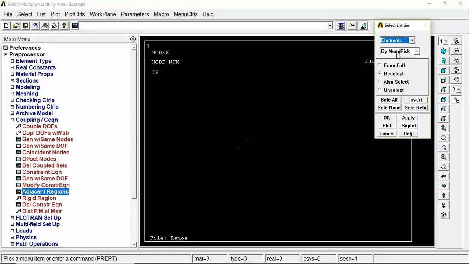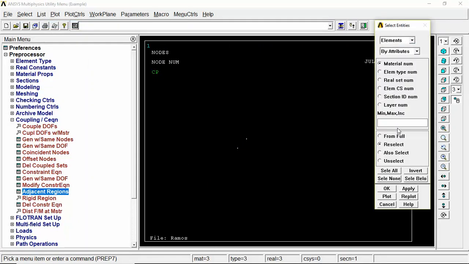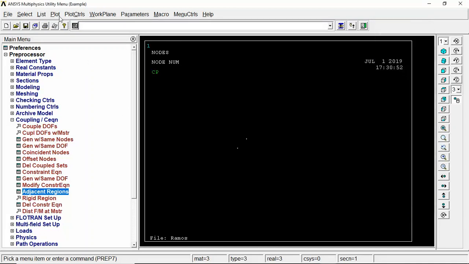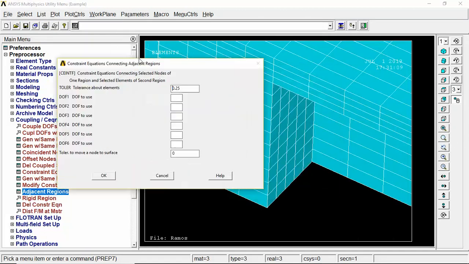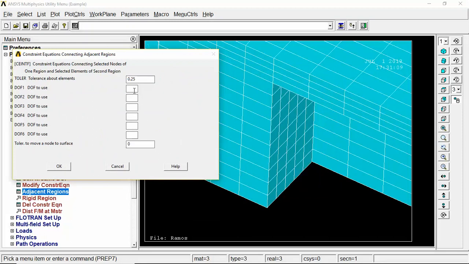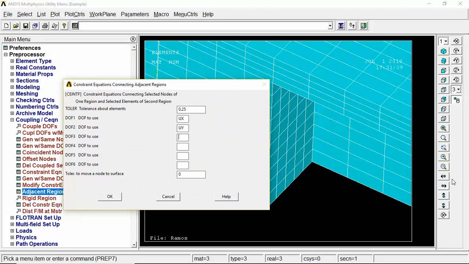And elements by attribute, my concrete elements. So my material number must be 1. Okay, plot elements. And then I want to press adjacent region and degrees of freedom UX, then UY. And for UZ I don't want to insert anything